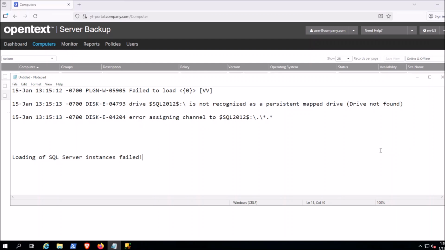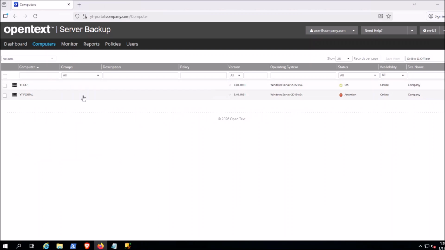Now, you may also see this come up when you're trying to edit a job in a legacy central control interface where it says loading of SQL Server instances failed. And so what we're looking at here is when we've got Portal pulled up and I'm on the computers page